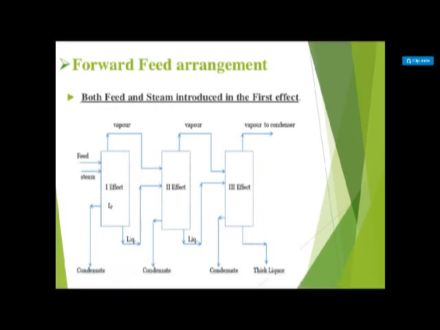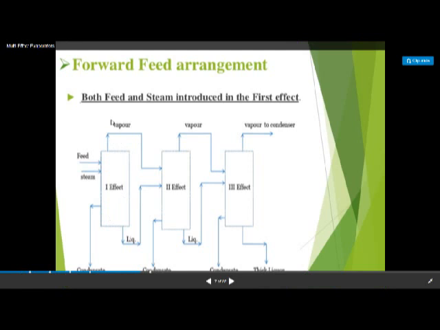Now we can see here. The feed is introduced from the feed inlet and steam is introduced from the steam inlet, right? Now in the first effect, the liquor is collected from the liquor outlet, right, and it is again introduced into the feed inlet. The vapors from the first effect are introduced into the second one, it will move in the second effect, then from the second effect after evaporation the product concentrate is collected here, and it is introduced into the third one. The vapors are collected from here and introduced as a steam in the third one.